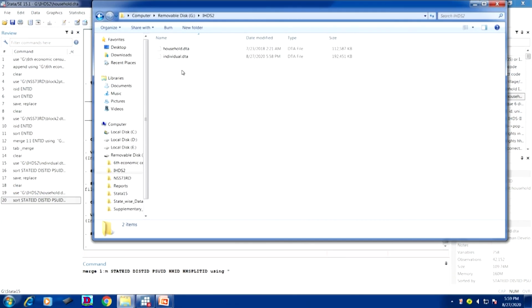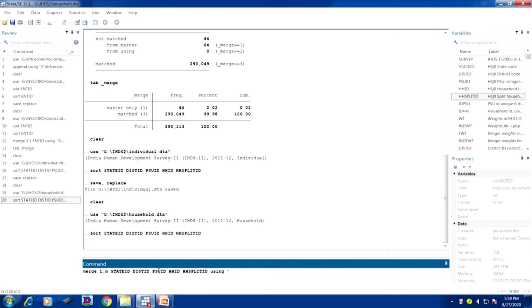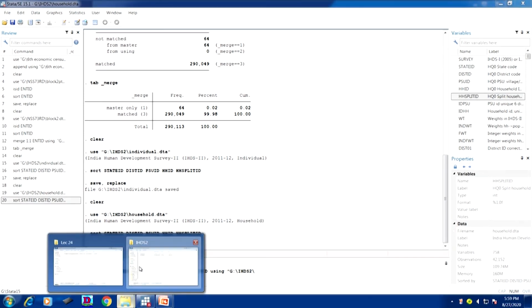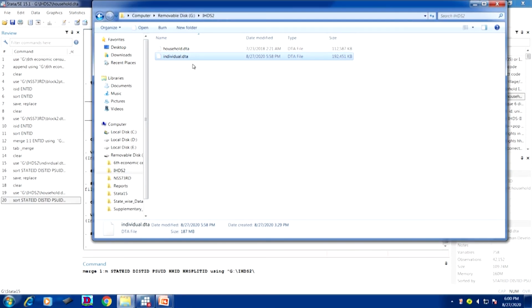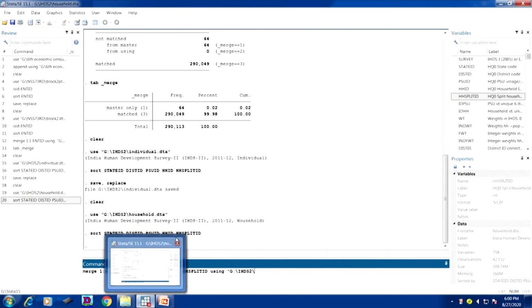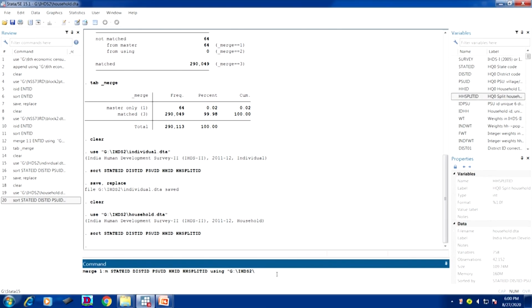So, the path is here, the path is our individual file, because we have opened the household file. Okay. The household file is the one household with many pieces of information, because individual has many more information than the household. So, that is why we are using the command called 1:many.